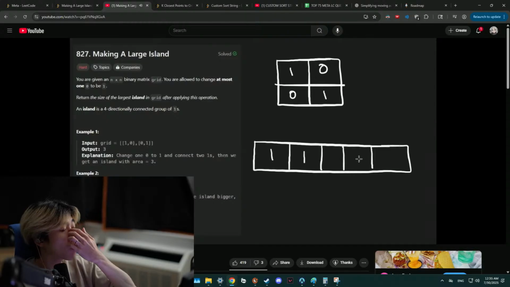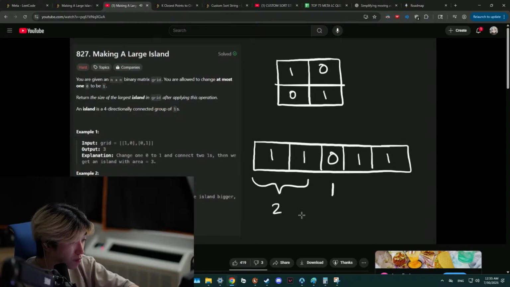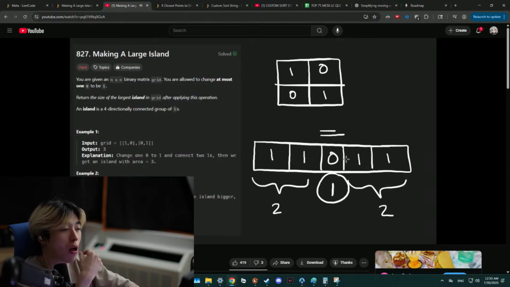Suppose we have 1 1 over here, 1 1 over here, and we have a 0 over here. By changing this into a 1, we take the size of this island, which is 2, the size of this island, which is 2, and now we connect them together. You can think of this as like a bridge that connects these together, and the size of that bridge is relevant to the